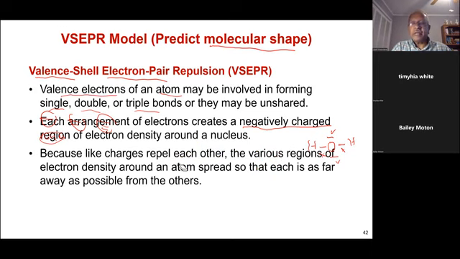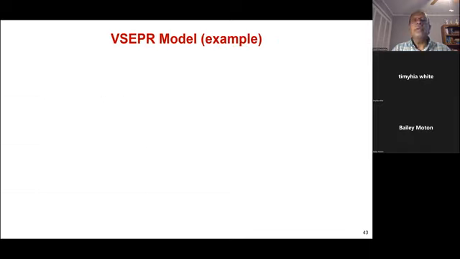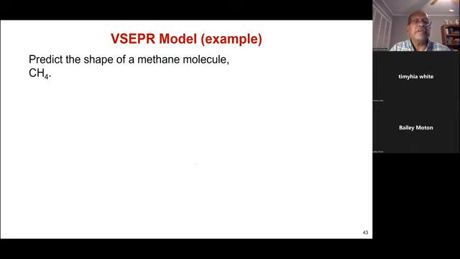Because like charges repel each other, these lone pairs, bonding pairs, triple bonds, and double bonds tend to be as far away as possible from each other. So let's look at an example. Lone pairs, bond pairs, double bonds, single bonds: there are 4 groups. They will decide the shape. For example,